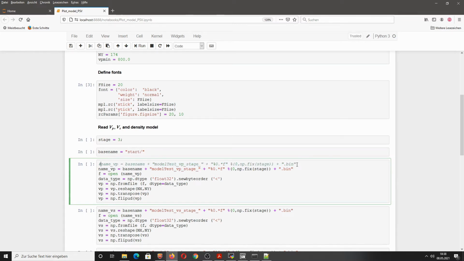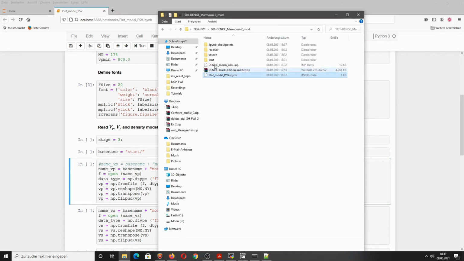In this example here I'm already using the full waveform inversion results. But because we have not run a full waveform inversion yet, we want to import the true model. So we have to use the true names, and so these are Marmousi 2 Marine.